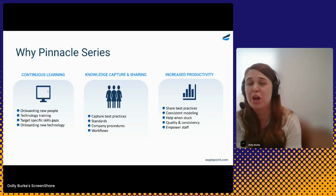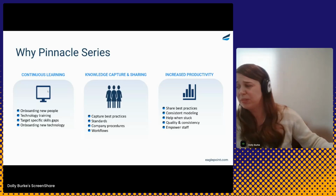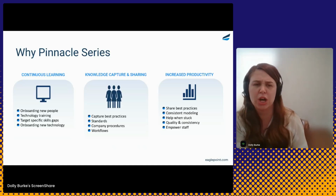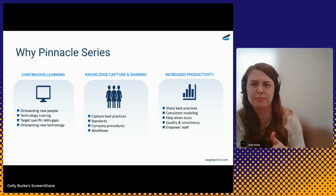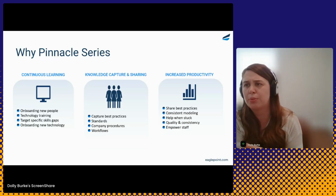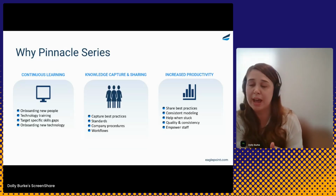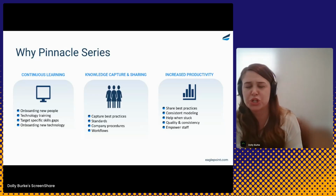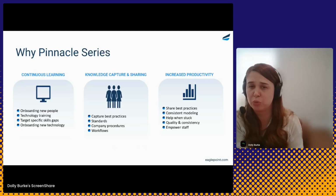and stay productive, which brings us to that last challenge of increasing productivity. So if we look at the way that users are currently using Pinnacle Series today, I would say about half of our users are logging in for the structured on-demand e-learning materials. The other half of users might be working on a project. Maybe they have a question and they're logging into Pinnacle Series to find an answer to that question or get some guidance. People need answers to their questions, and they need to be able to find those answers quickly in